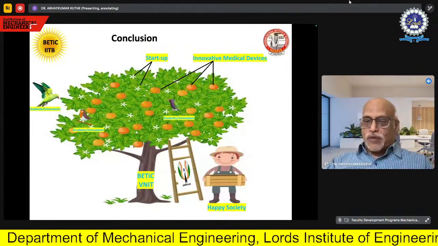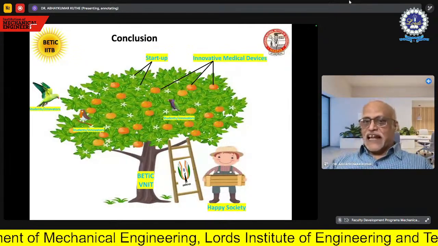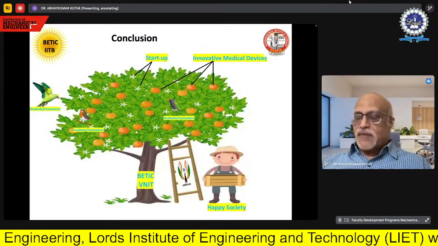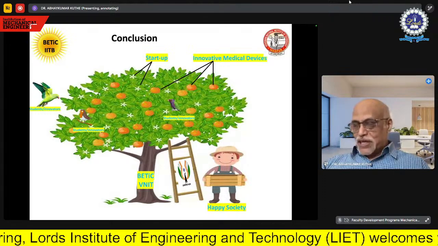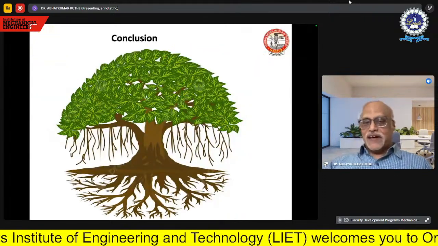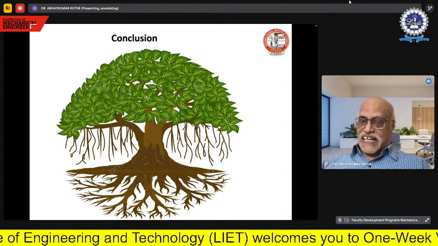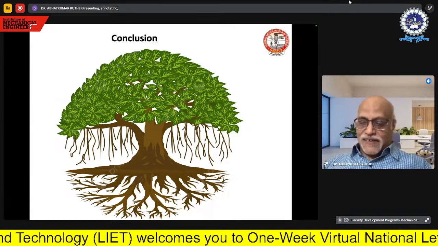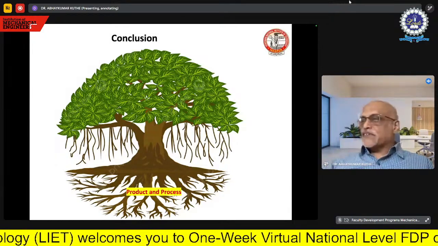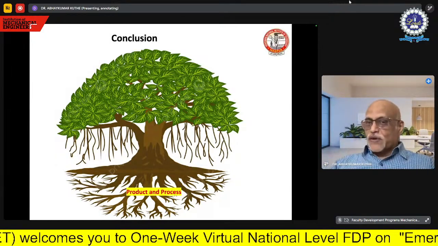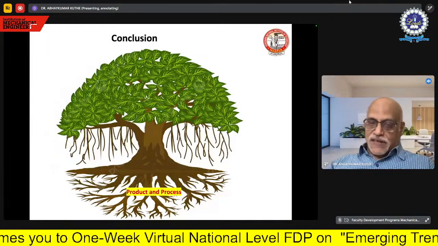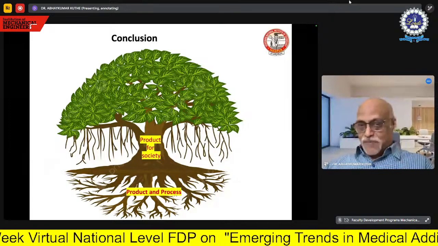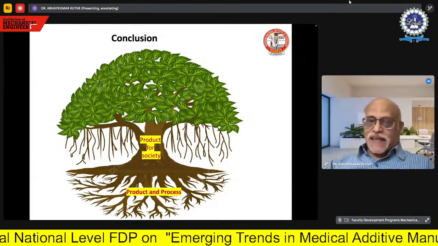But now I go one more stage ahead. That means the generalization of this tree. Though this is for our Batik VNIT, in general, what exactly should be our approach? Now here, I show you the banyan tree. Now the banyan tree is really very interesting. If you look at this, we say that the product and processes are actually the roots of the banyan tree. And using the product and processes, this banyan tree will develop a product for the society. That means the trunk of the tree.